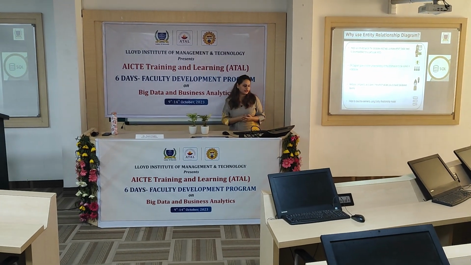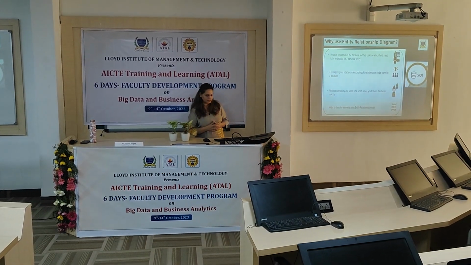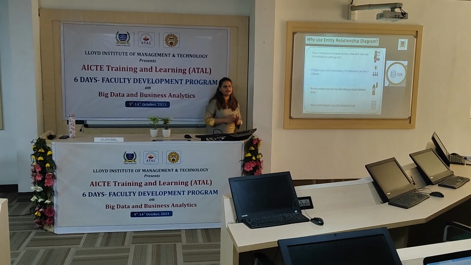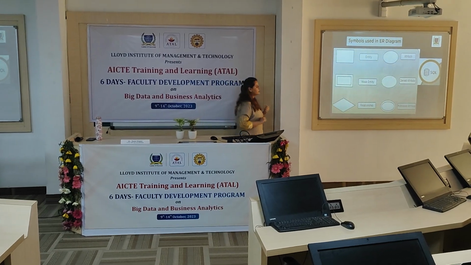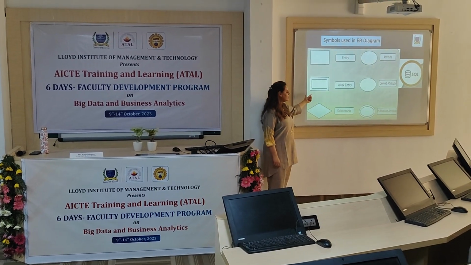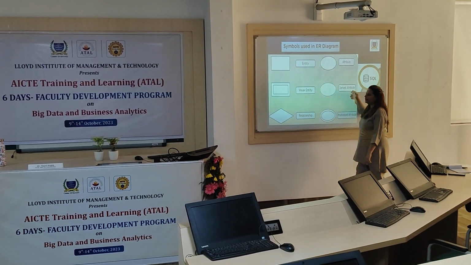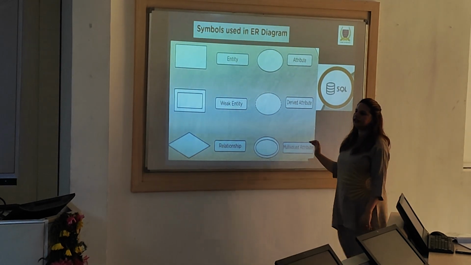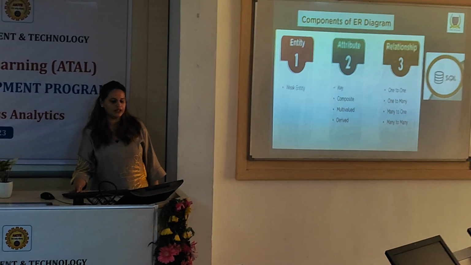So if I talk about ER diagram, it helps in reducing the complexity and it also saves time. So to best describe ER model, it is a kind of a schema. You are creating a schema for your data. So I am talking about this particular entity, rectangle shape, weak entity, double rectangle shape, relationship in a diamond form, attribute in an oval shape, derived attribute in an oval dash form, multi-valued attribute means double oval. We'll understand this one by one with the example.